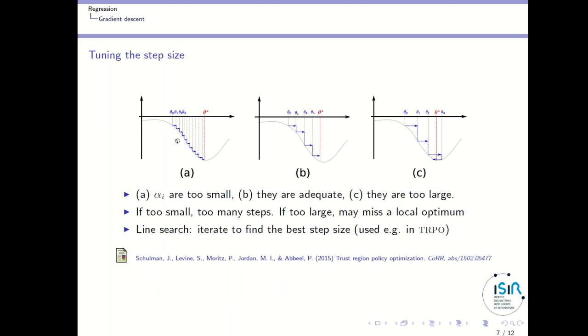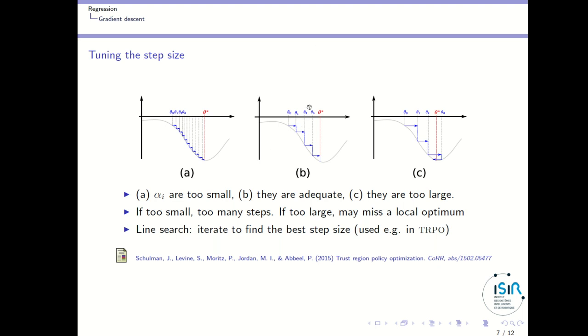So the idea is that if your step size is very, very small, that's what you have here, you will make very small steps. So you will need a lot of steps before you reach some optimum. So here your step size is too small. By contrast, here, if you take a large step, what may happen is that you just go over the optimum and go too far away. In that particular case, you are lucky because you will go back, but it may happen that you have here a small bump and then you go further away, so you may even miss a local optimum and never find it anymore.